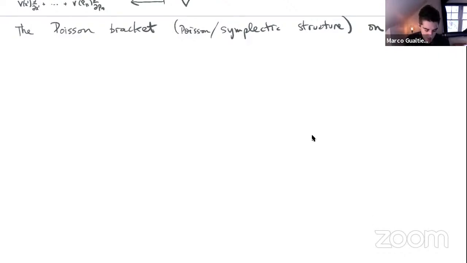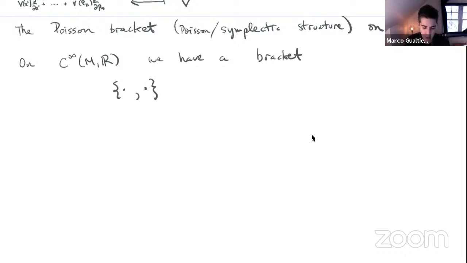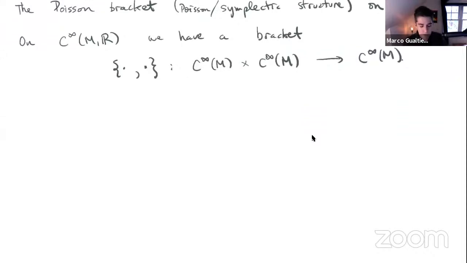So on the smooth functions on phase space, we have a bracket operation. It has two inputs and one output. So it takes two functions and outputs a function. It's very simple to describe what this is in terms of coordinates. So if I have two functions f and g,